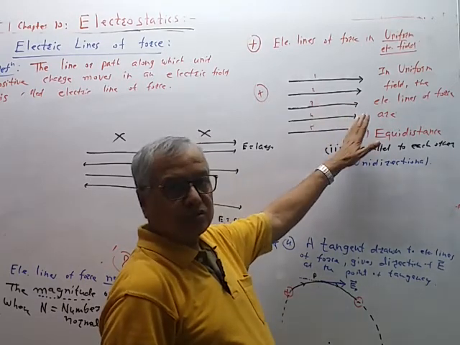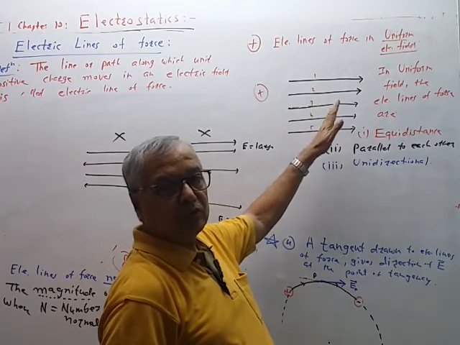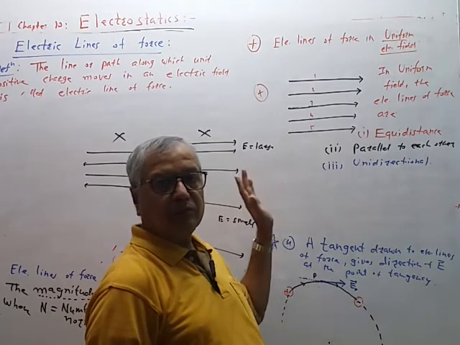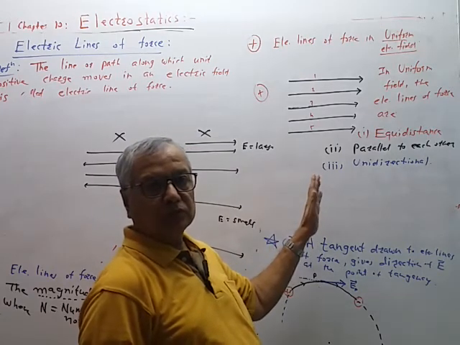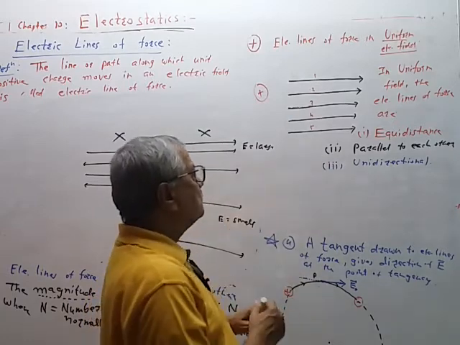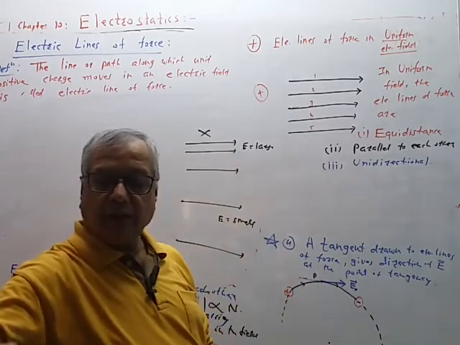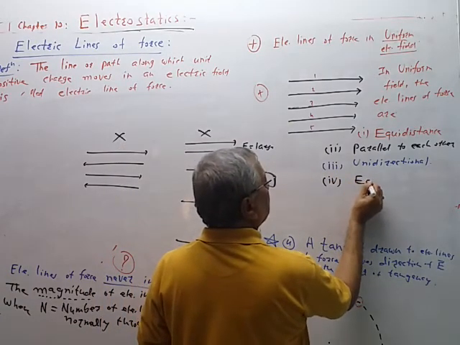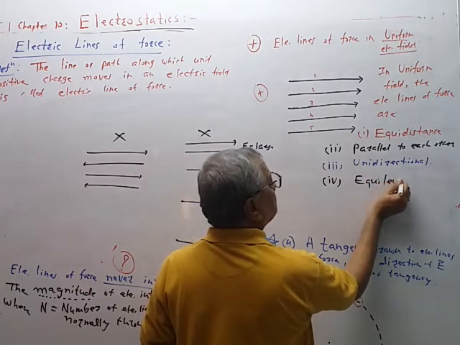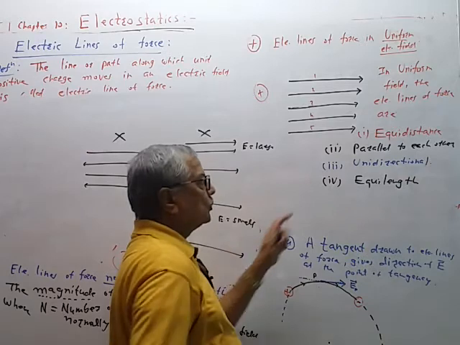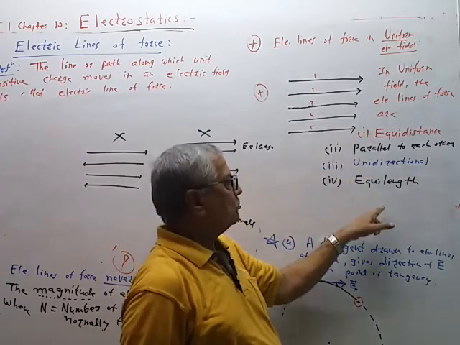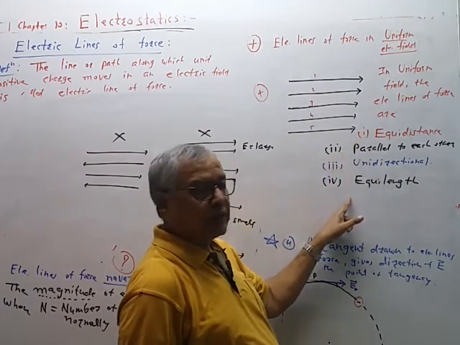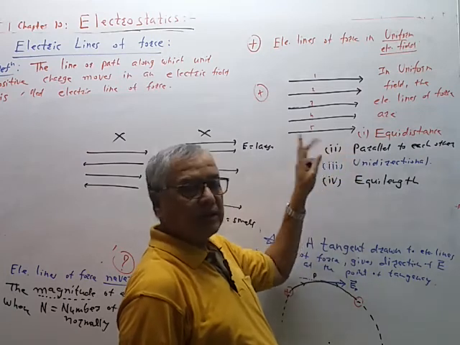So if we are to produce this type of electric field, then what do we have to do? Use two metal plates, A and B, and give them charges. One plate is given positive charge, the other plate is given negative charge. So electric lines of forces will exist there. One more property, they are equivalent. So equidistant and equivalent means magnitude is same. Parallel and unidirectional means direction is also same. So properties 1 and 4 are for magnitude, and the second and third properties are for direction.